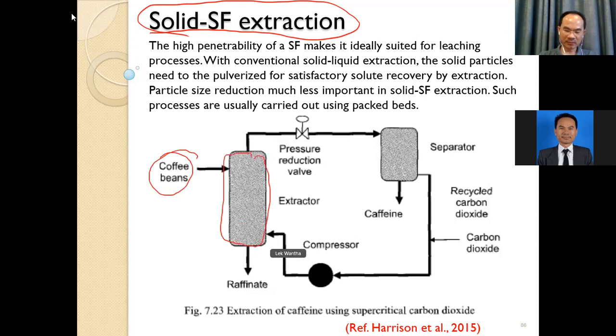We enter the carbon dioxide into the compressor to increase pressure and temperature. When you increase pressure and temperature, you get supercritical carbon dioxide. It mixes with the coffee bean, and then we get the raffinate, which is more like